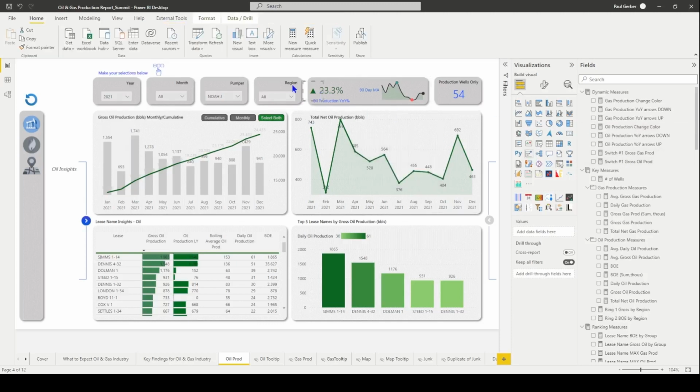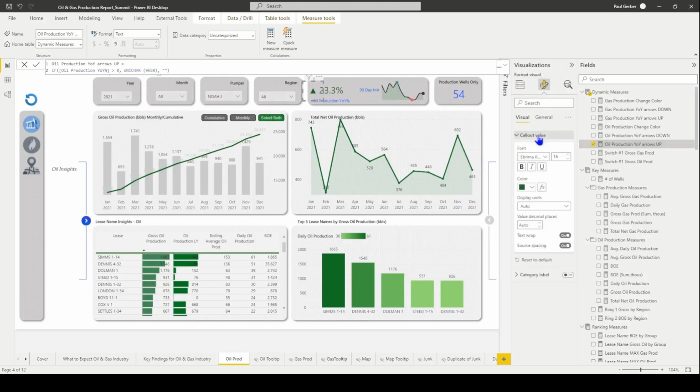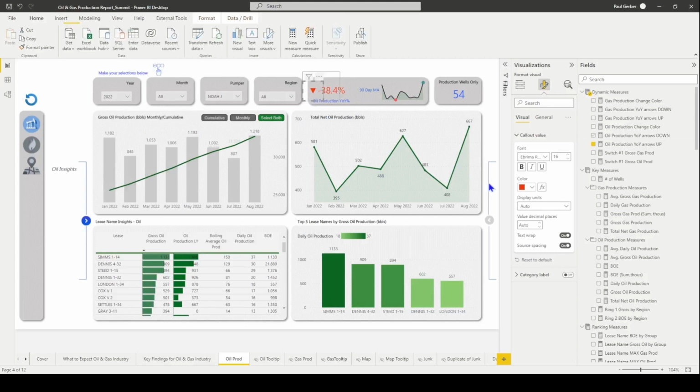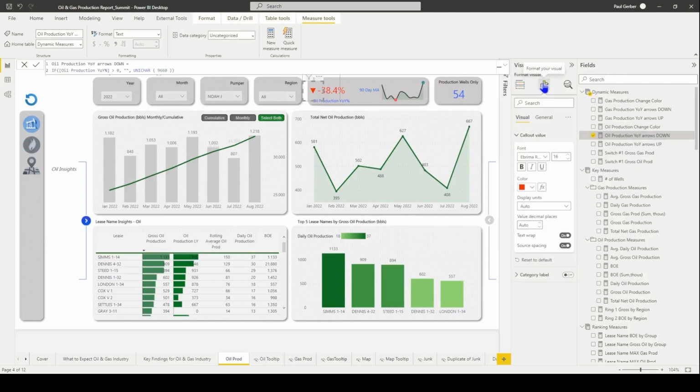But this is just click here. It's just a slicer. A card, and you just drop in your arrows up. You go in here, and I want it to green. So if you move this, and we'll see red appear, that disappears. And when you look at this, I want color red. I have this measure brought in for the down arrow,